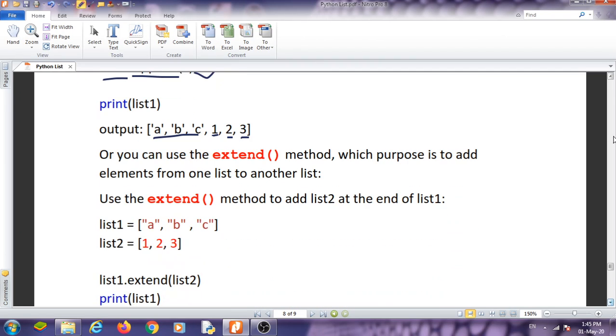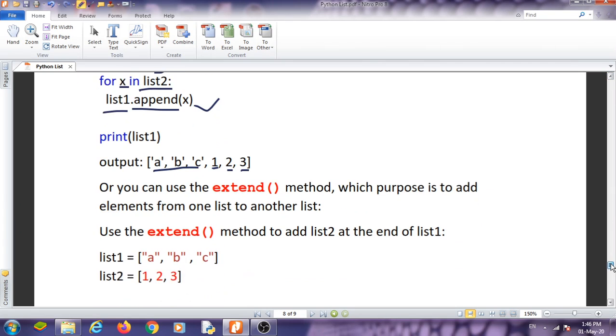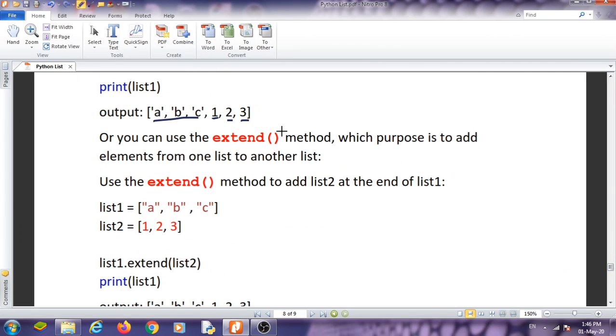Now, besides append, there is another important function, the extend method. The purpose of the extend method is to add elements from one list to another list.